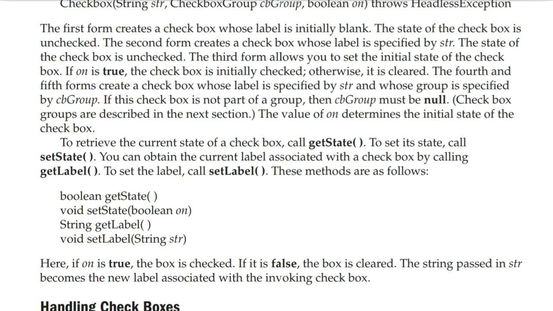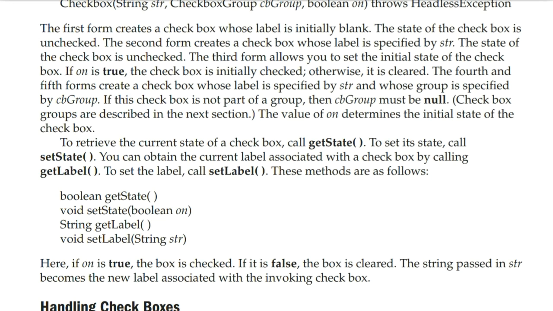The fourth and fifth forms create a checkbox whose label is specified by str and whose group is specified by cbGroup. If this checkbox is not part of a group, then cbGroup must be null. Checkbox groups are described in the next section. The value of on determines the initial state of the checkbox.